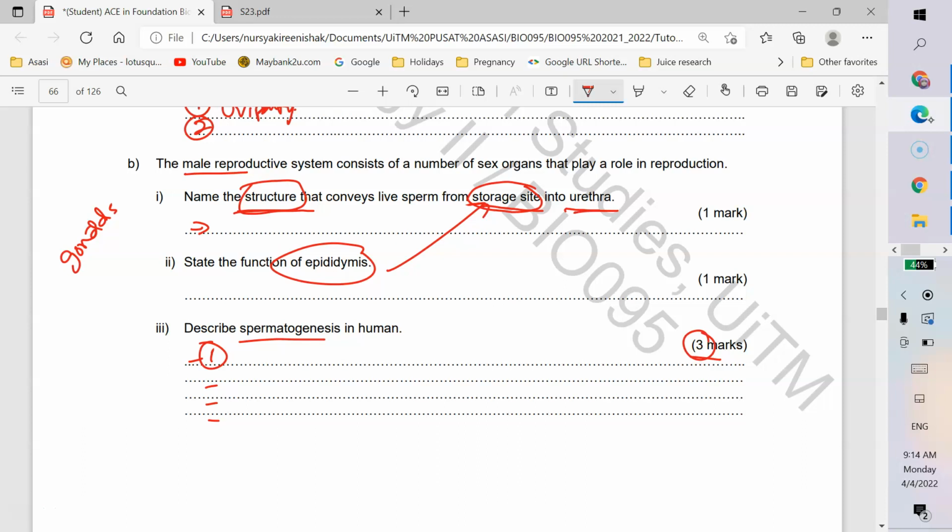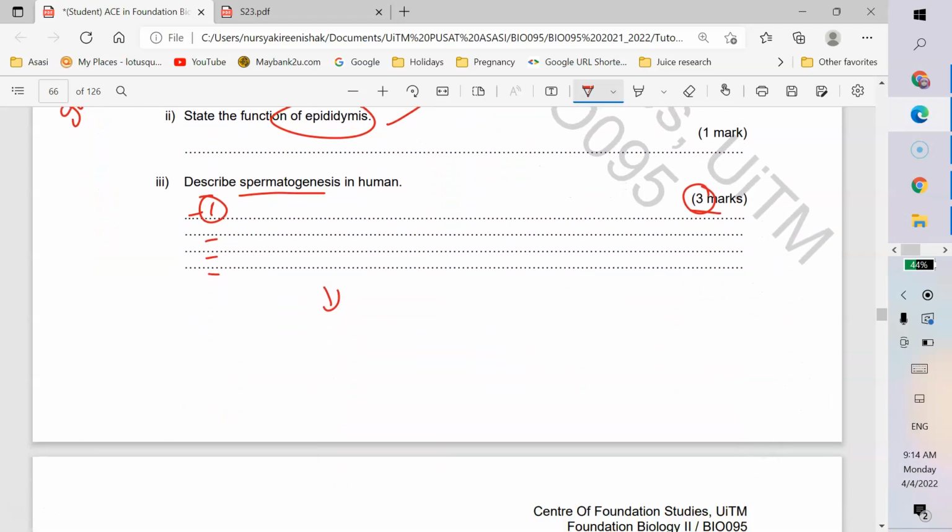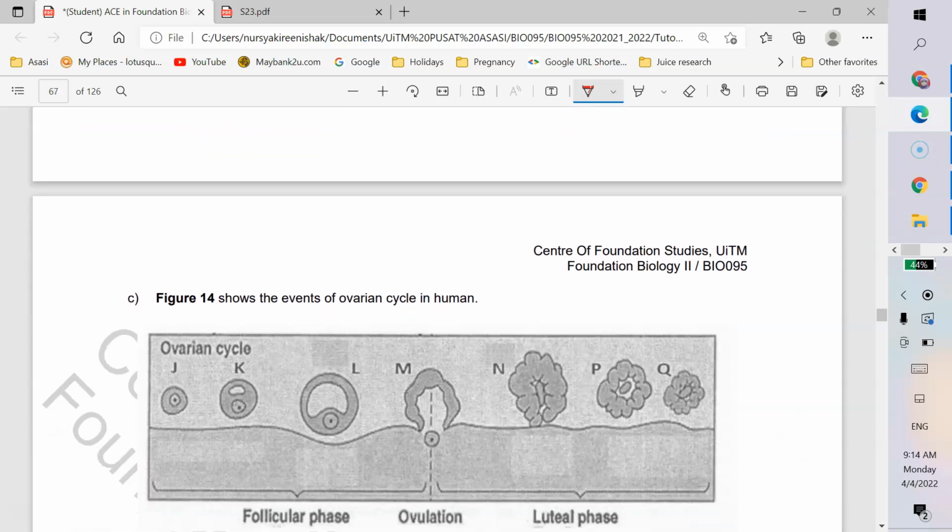4 haploid spermatid ni dia akan undergo the last stage adalah spermiogenesis, which is the maturation of spermatid into mature and motile sperm. Okay, so dia melibatkan proses walaupun 3 markah, it must be in sequence, in the correct order. Okay, so next,